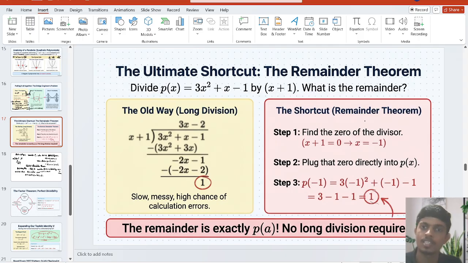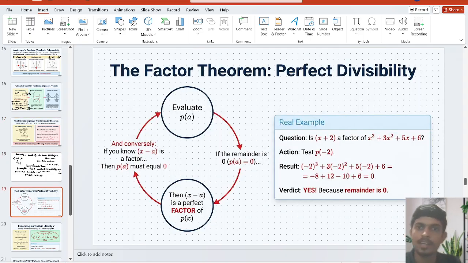If x minus a divides P(x), then the remainder is P(a). Okay. So this one requires long division, and this one requires no long division. This is a shortcut I use. This is the remainder theorem. The factor theorem means whether the given polynomial divides or not. You take just the remainder. If the remainder is equal to 0,